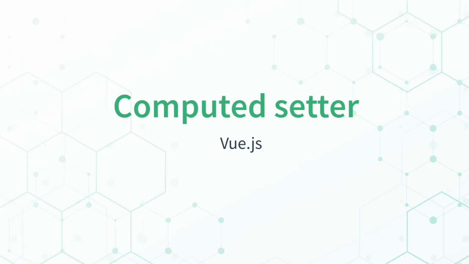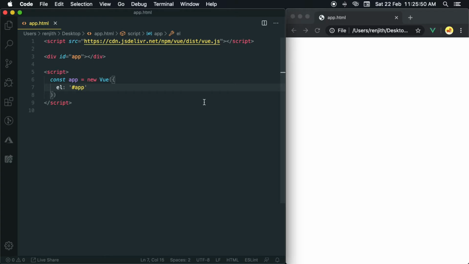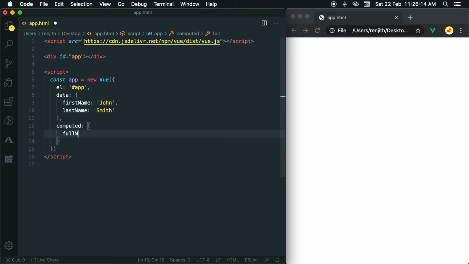Computed setter. By default, computed properties are getter only. But we can provide a setter as well. Let's check how to do that. Create some data called firstName and lastName. Create a computed property. Add a method called get and return the full name by combining the first name and last name.